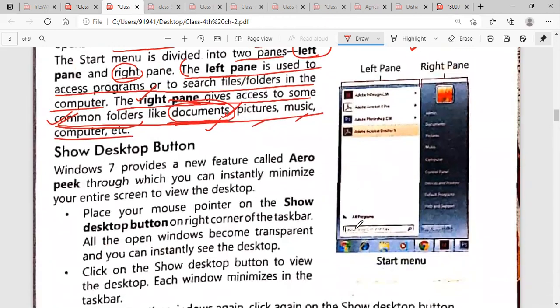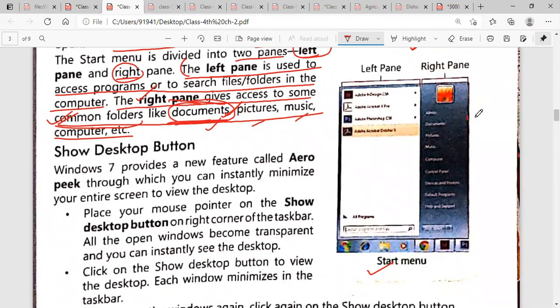Now if you click on the start menu, you will see this type of picture. This is the left pane, and this is the right pane, because this is on the right side. Here will be visible those programs which you have opened, and here you can see the common folders.